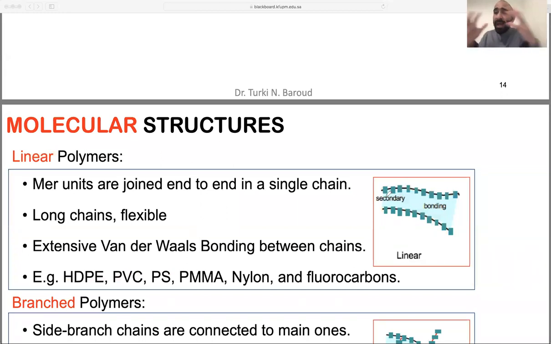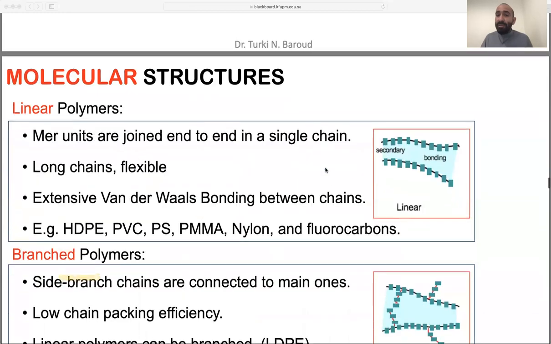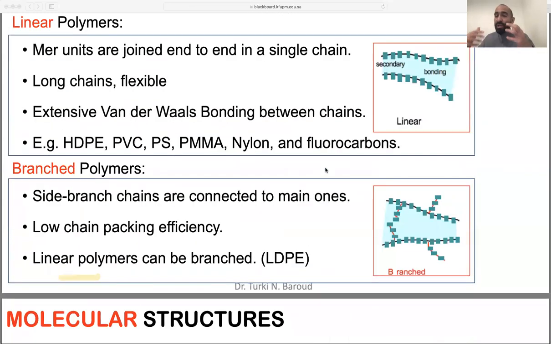you can efficiently pack them, right? So you can efficiently pack them. There is no restriction for packing them. This is why you get high density polyethylene. Now, let's imagine you have some restriction. If you remember when we said the covalent type of bonding has some restriction in the packing, compared with when you have